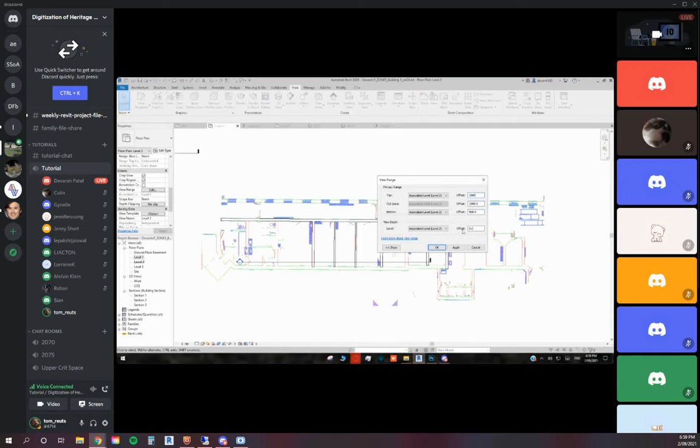Sorry, that was top. Now you've got cut plane underneath that. So cut plane is actually, treat that like the section line. That's what you're looking down and through. That's where your walls are sliced at. Top is